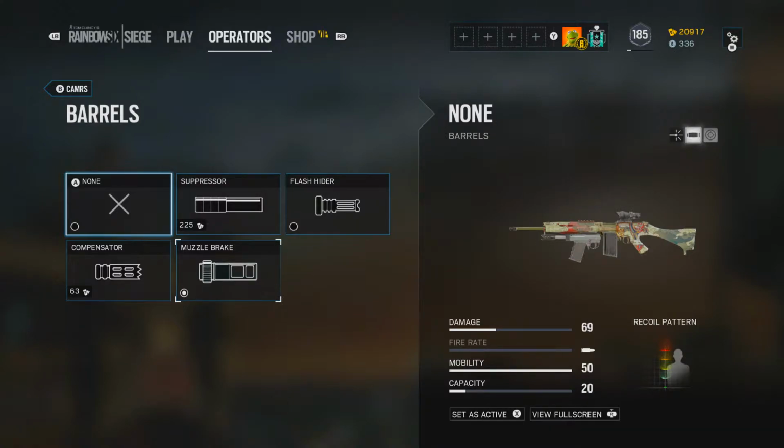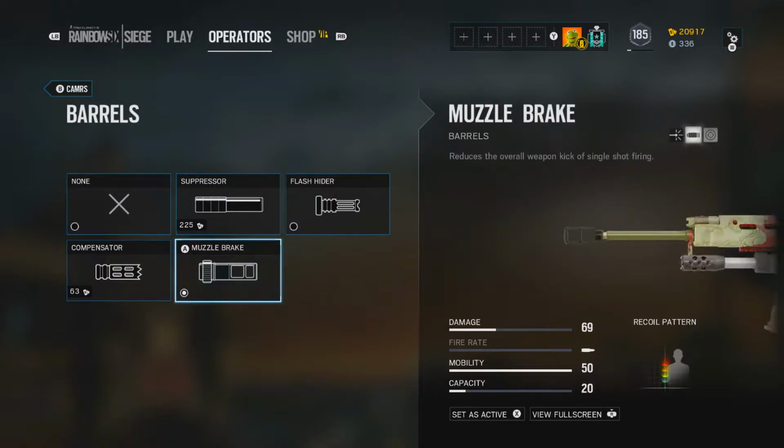Now, another good example of this is actually with DMRs. As you guys know, DMRs are semi-automatic. Now, in my opinion, I wouldn't be running a suppressor, a flash hider, or a compensator. I would want to be running a muzzle brake. My reasoning behind this is, as you guys can read in the muzzle brake description, reduces the overall weapon kick